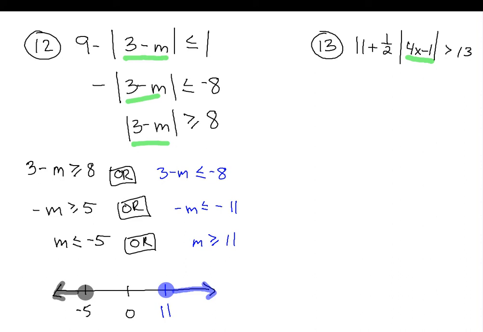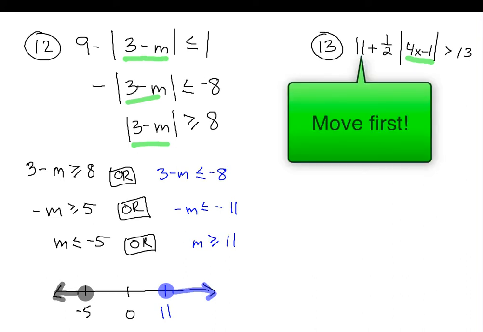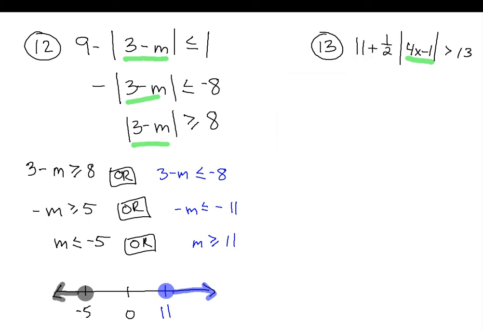All of that is greater than 13. Now the first thing that we're going to have to do is get rid of the 11. So the 11 is going to be the first thing to go. To get rid of that, we're going to use the subtraction property, and we're going to move 11 to the other side. When we do that, we'll be left with 1/2 times the absolute value of 4x minus 1